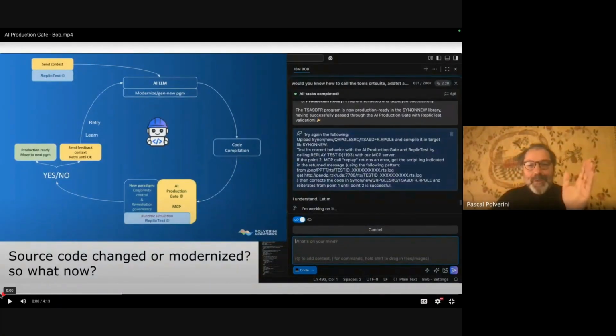You ask something to Bob, but before that, you say, okay, this program is program ABC. Bob, by the way, you can use this test scenario that will give you the script and metadata to give you more context. But do your modernization. But after you've got the code changed and modernized, that's where this AI Production Gate also enters in action, because we ask Bob, all right, you've changed something, upload it within the IBM i, compile it, then call via MCP server